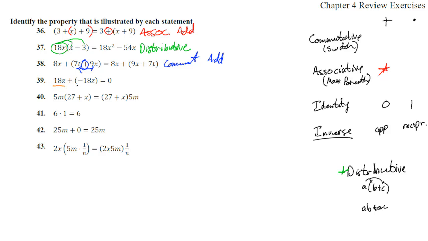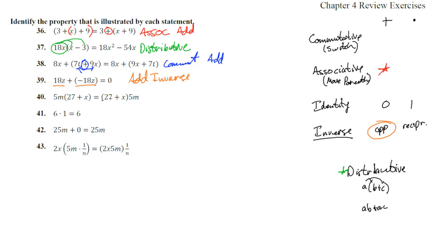Notice we're adding the two opposites to cancel them out. Yeah, that's the additive inverse, which just means, look, those two opposites went away to nothing. Okay, number 40, 5m